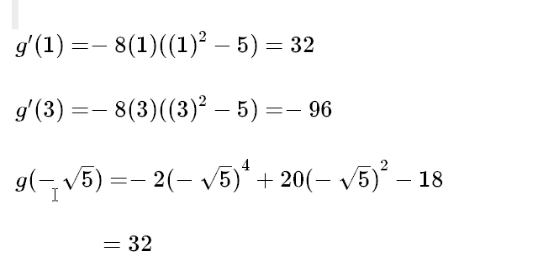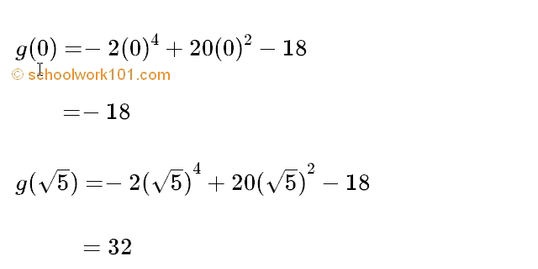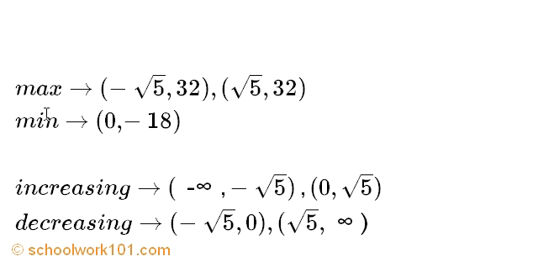So we go ahead and plug in our critical number, negative square root of 5. We get 32 out. And we plug in our other critical number, 0, and we get negative 18 out, and then we plug in square root of 5 and get 32 out. So we have our max, our min, increase,